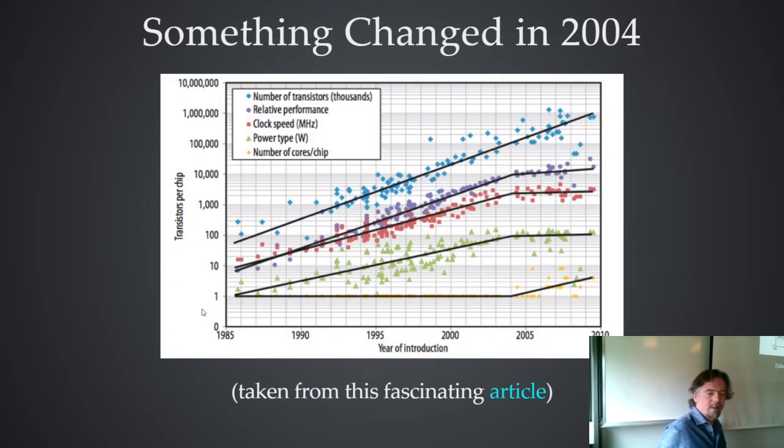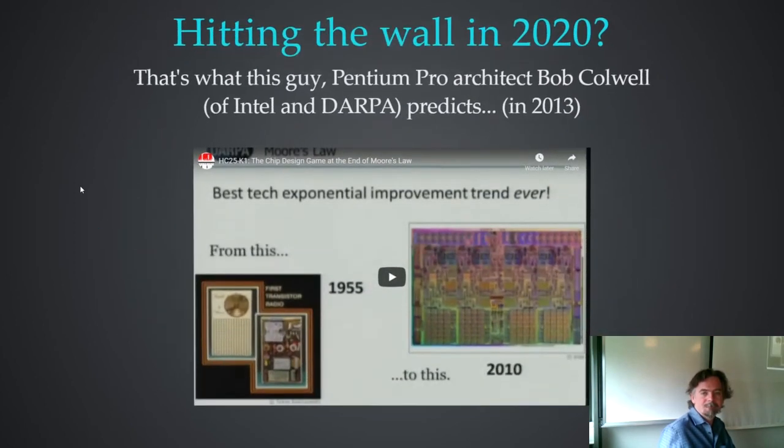So yet another graph, again with a logarithmic scale up here. And here, the blue line, the top one, is the number of transistors, which indeed is following the trend just the way it was supposed to. But one thing you'll notice is that there's a big bend here, at about 2004 or something, where clock speeds flattened off. This is where they couldn't keep also increasing the clock speed. They could increase the number of transistors, but they couldn't clock them a lot faster. And that's why we're in this strange plateau period that still exists right now, where clock speeds don't really go up that much, even though transistor counts do. And that's where things are just now.